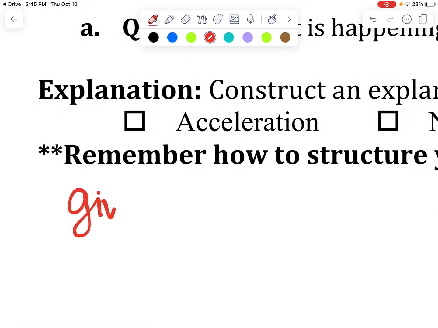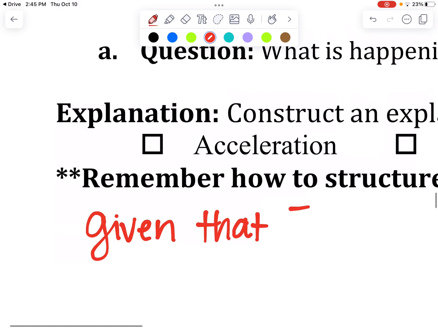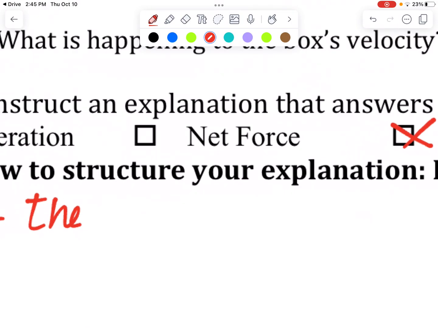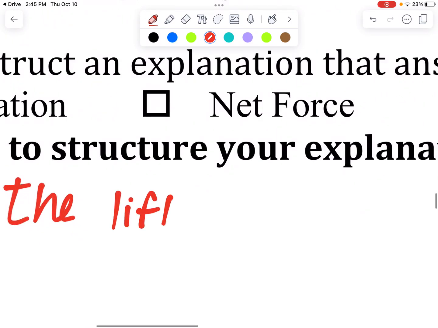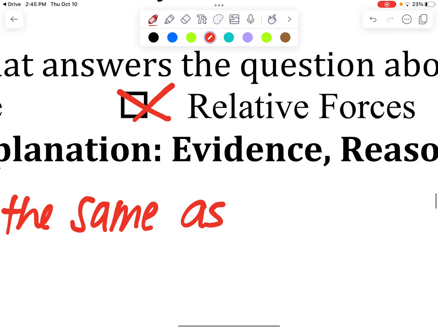So I'm going to say, given that the lift force is the same as the force of gravity,